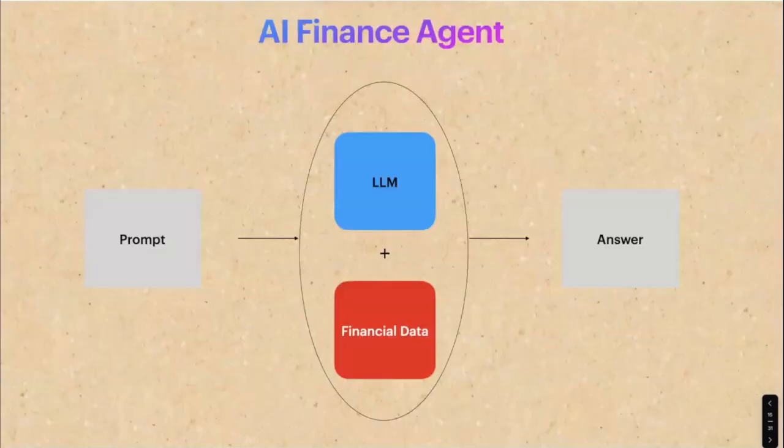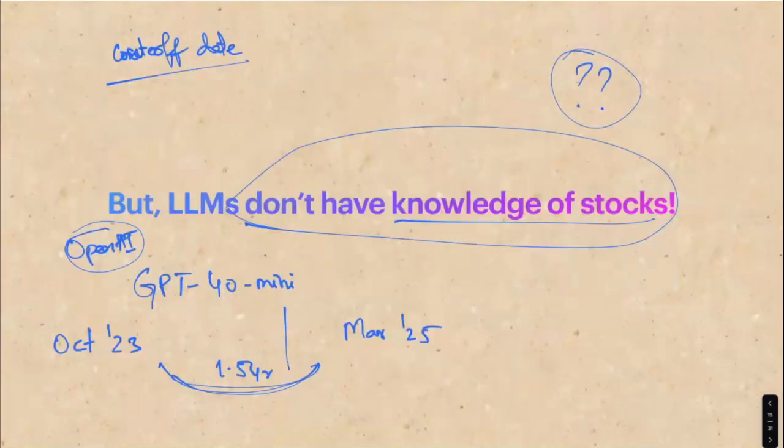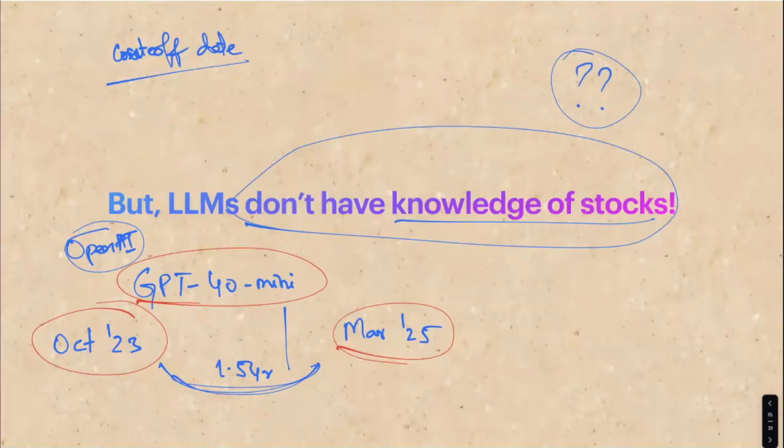As mentioned, current LLMs or GPT models are very intelligent for sure. But how can an LLM with knowledge only until October 2023 help me invest in March 2025? A lot of things could have happened in the last 1.5 years. A few companies might have gone down, a few might have come up, the indexes might be changing. We will try to understand this problem first, and we will also try to create a solution for it.